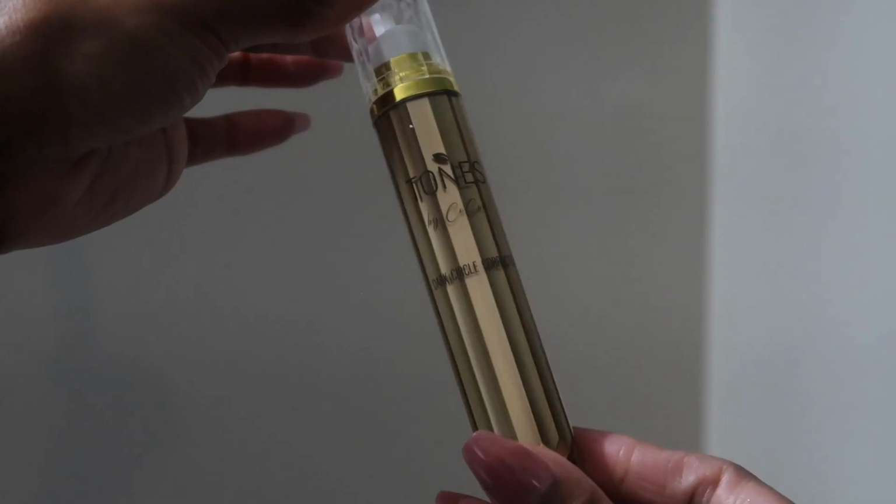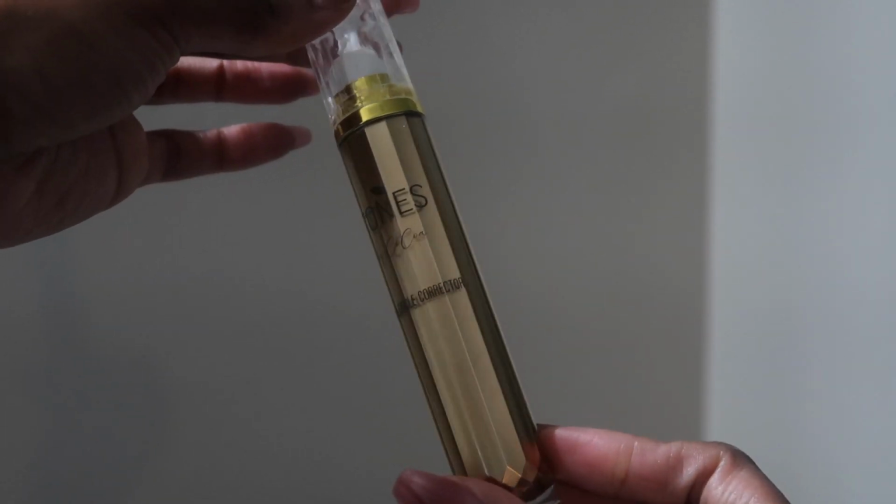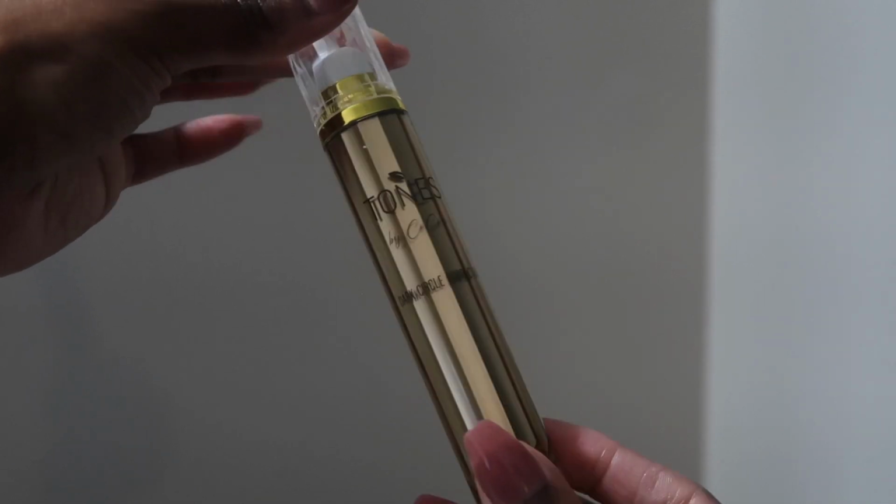Now for the next product, this is not necessarily for pitted acne scarred skin, but I have noticed that this product has helped change the appearance of my look as a whole. This is the Tones by Coco Dark Circle Corrector. I have dark circles around my eyes. Y'all, I don't have the best skin genes. I'm only human. What can I do? I try to help myself